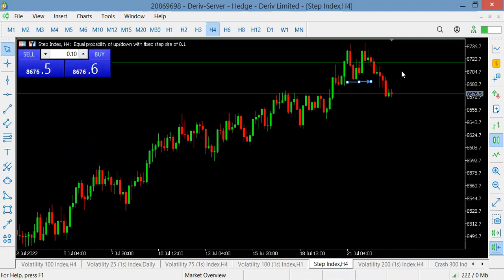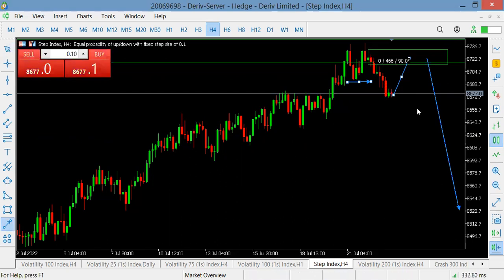So I'm waiting for price to come back and retest somewhat. Let's say this other block here. There is this other block before shorting to the downside, and we would be seeing a very, very strong drop to the downside if price does not reject from here to the upside, but then breaks this zone